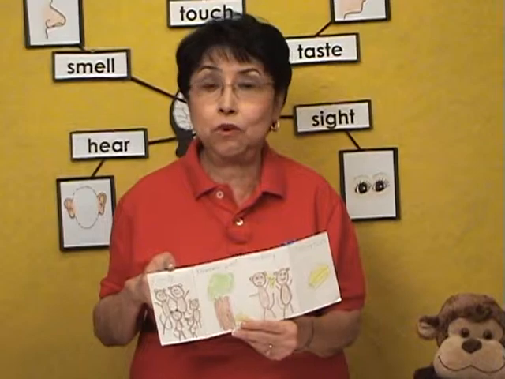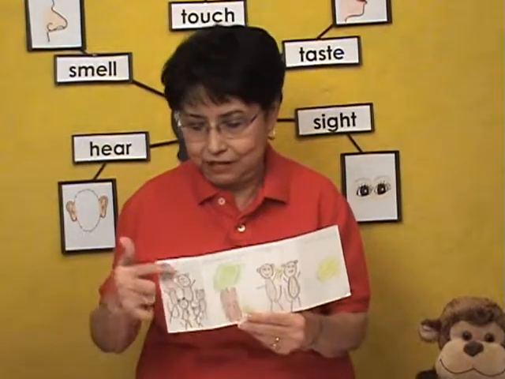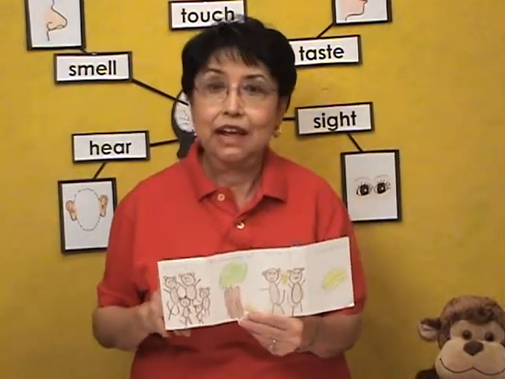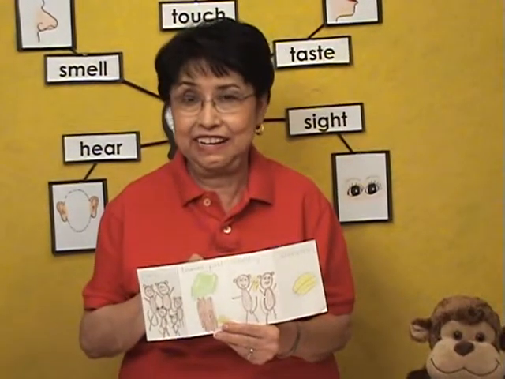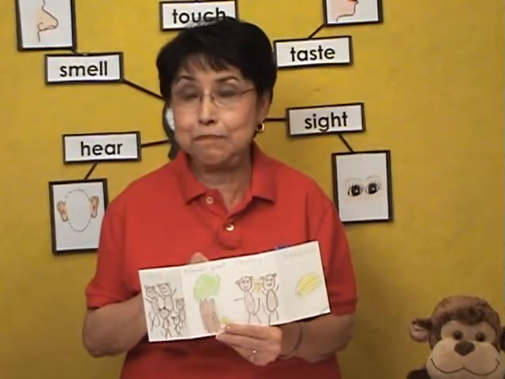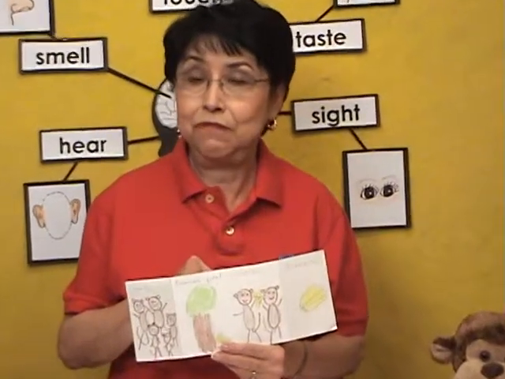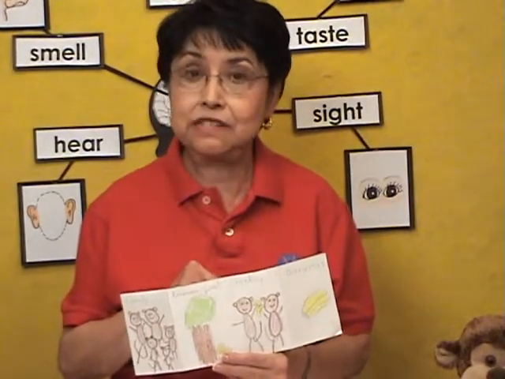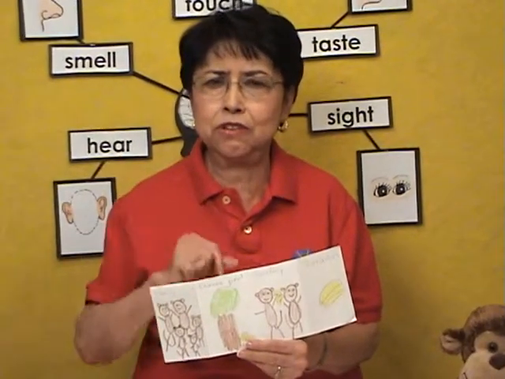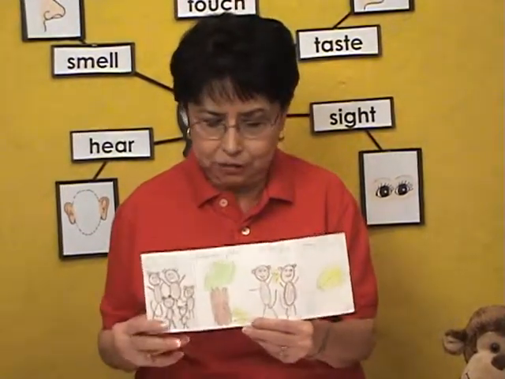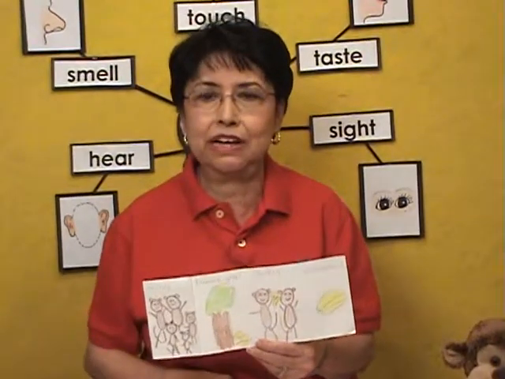So the children will draw a family. And here's the family of Chicky. They go up on a tree to have a snack. And their snack is a banana. But what the father notices is all 3 children are just throwing the peels on the ground. So here we see all the peels on the ground piling up.